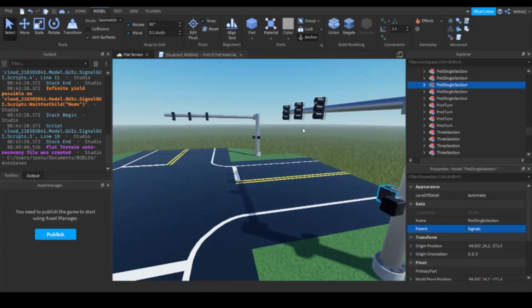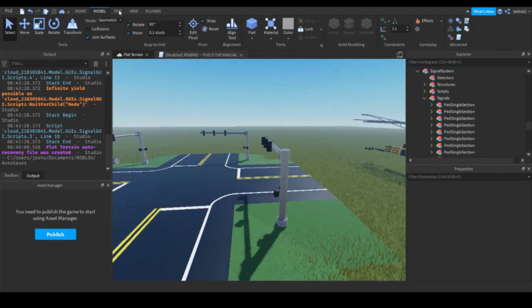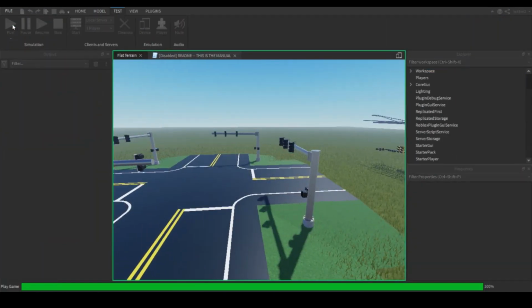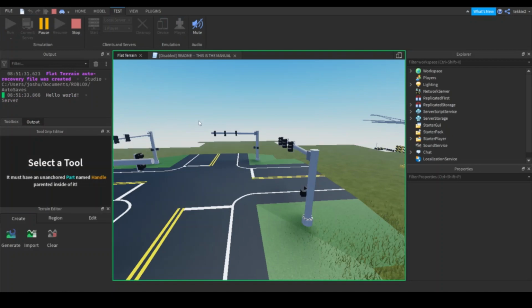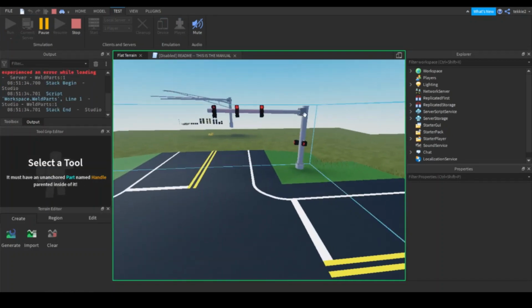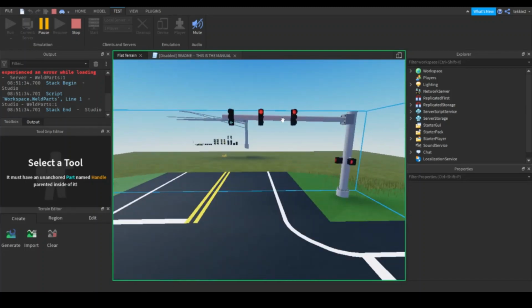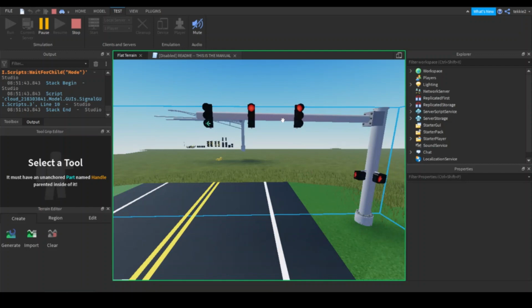Right, so I think that this is it. So if we test these, they should work as normal. There we go. As you can see, they're switched on. If we go through the sequence,